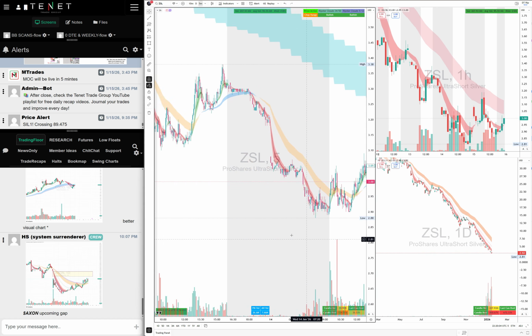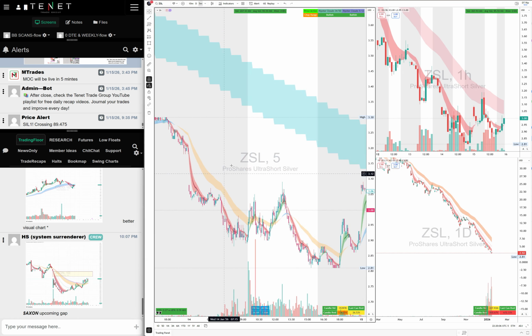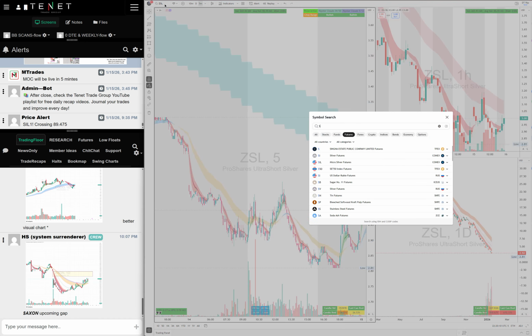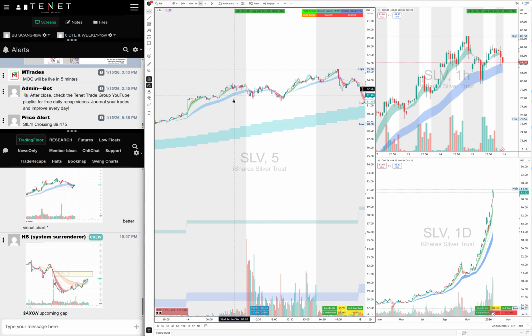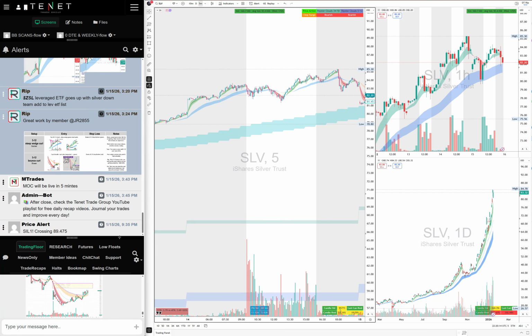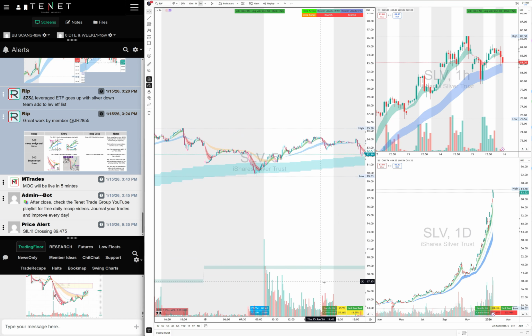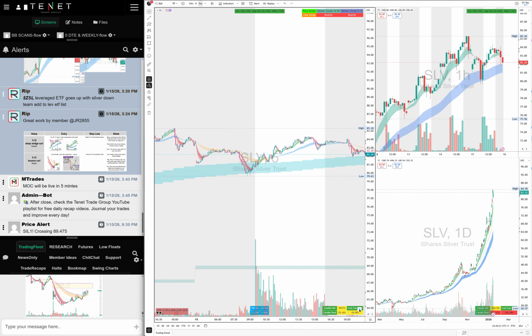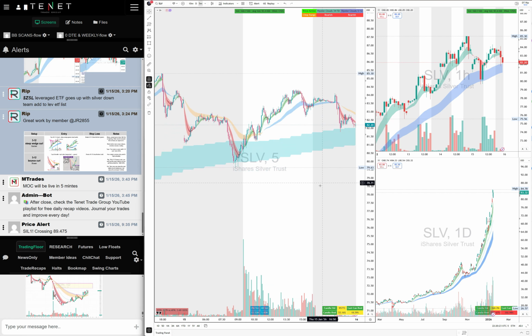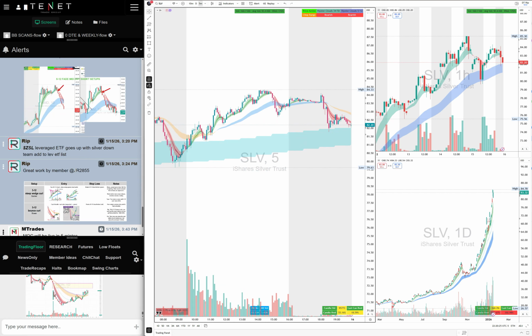For right now it's just dumping because silver is going up, but you could trade these two. So always try to trade with leverage ETFs. You can trade options on SLV. If you're a big account, you can trade AGQ, which I usually like to trade, or you could trade futures. So whatever makes sense to you, because Ripster clouds work on silver, Ripster clouds work on futures, and you plan for it like the pre-market plan, just like I showed you, and you just take those trades, and for your lifetime you have repeatable strategies how to trade that.